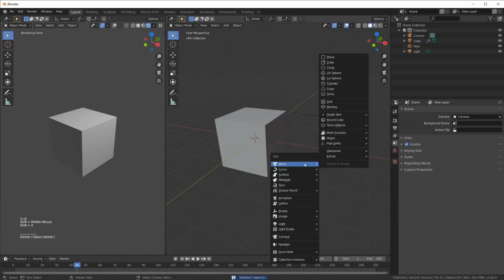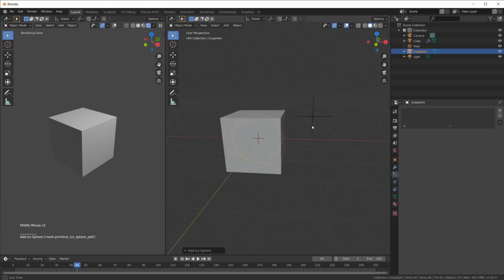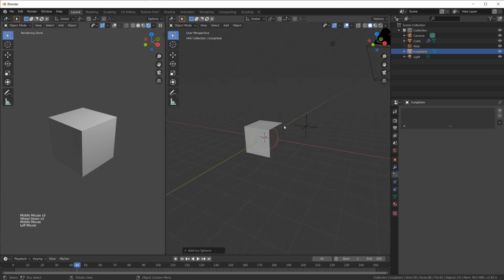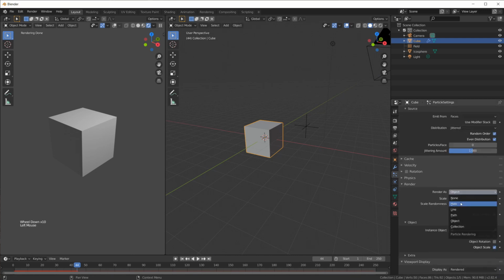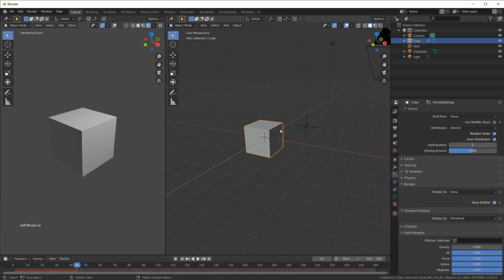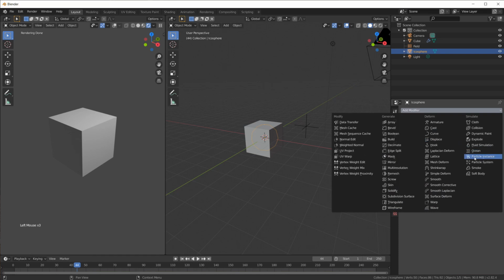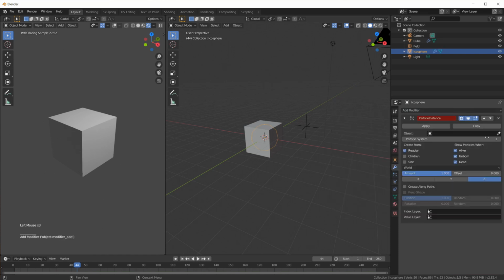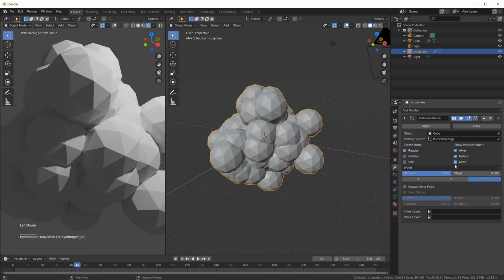Okay, let me create a new icosphere and leave it right in the center there. So it's basically inside of the cube. That doesn't matter. So instead of telling the particle system of the cube to render an object, we just tell it to render nothing, maybe. They're still there, but we can't see anything, okay? Instead, we click on the icosphere and we tell the icosphere, by using the particle instance modifier and picking the cube object which has the particle system on it,